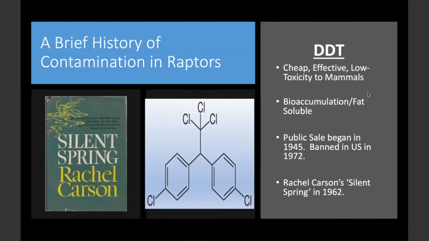And she was right. What happens with DDT is it binds with calcium. It draws calcium from other locations to bind with it to make a new organic form, and when it does that, it draws some of the calcium out of the egg. So when those birds went to lay eggs, the eggshells would be quite thin, and when the adults would brood or incubate those eggs, they would often crack and no young would be